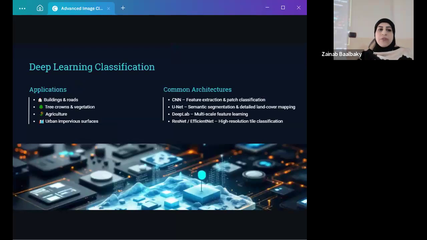In terms of performance, deep learning excels at detecting objects such as buildings, roads, or tree crowns, even when the environment is complex or noisy. And several architectures are commonly used in remote sensing in this